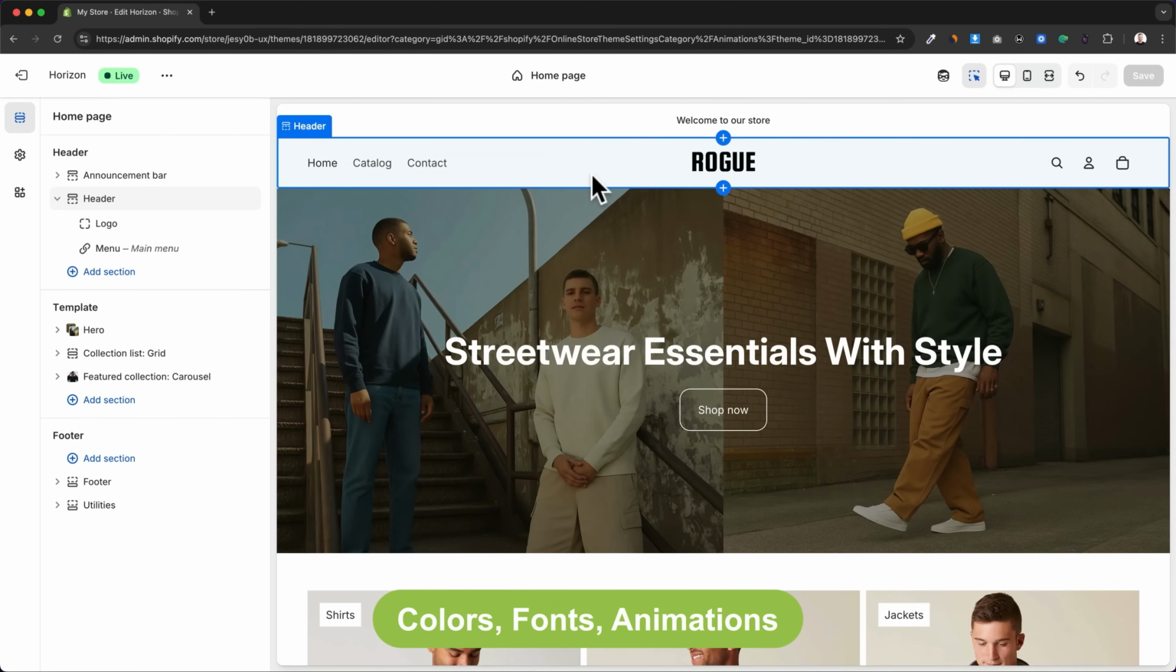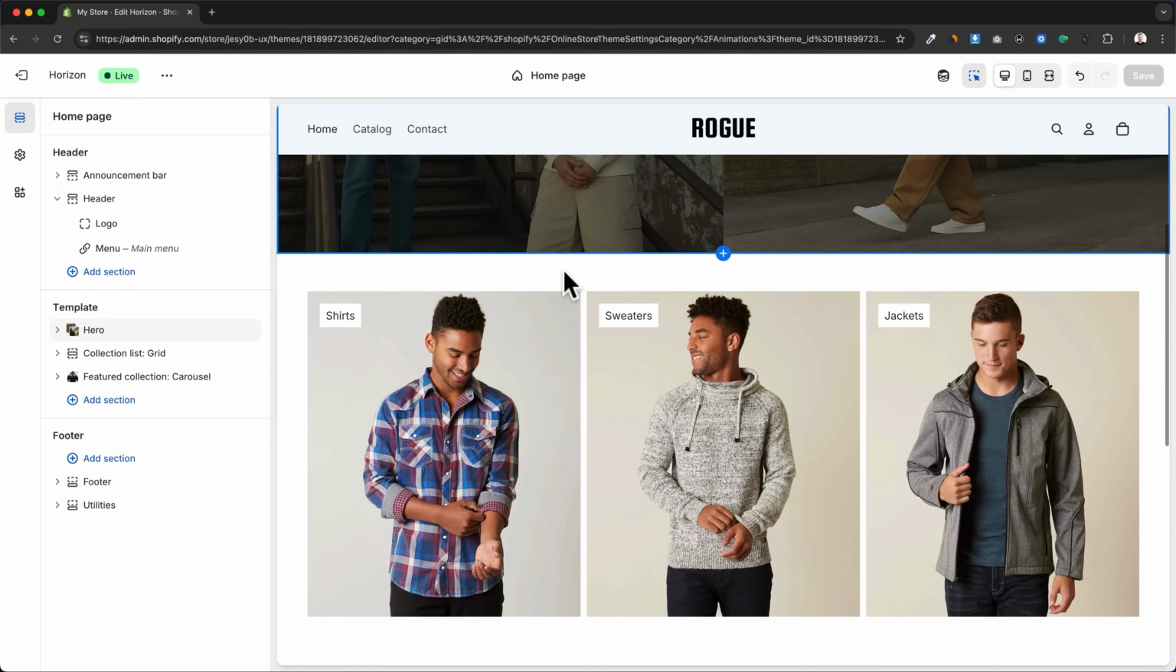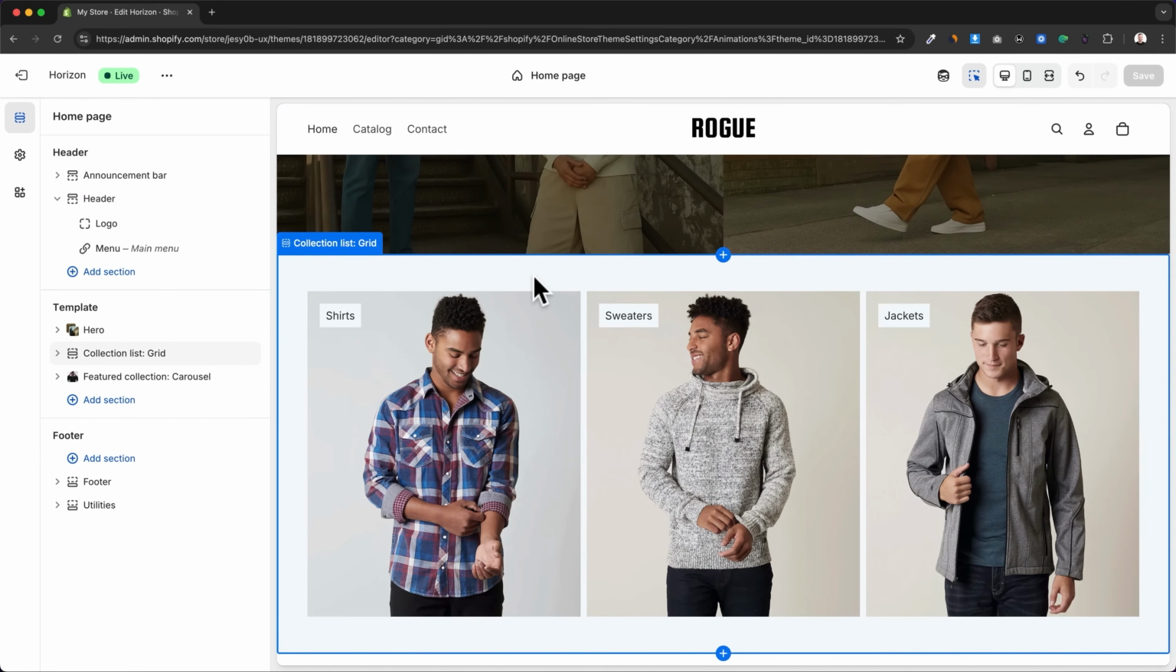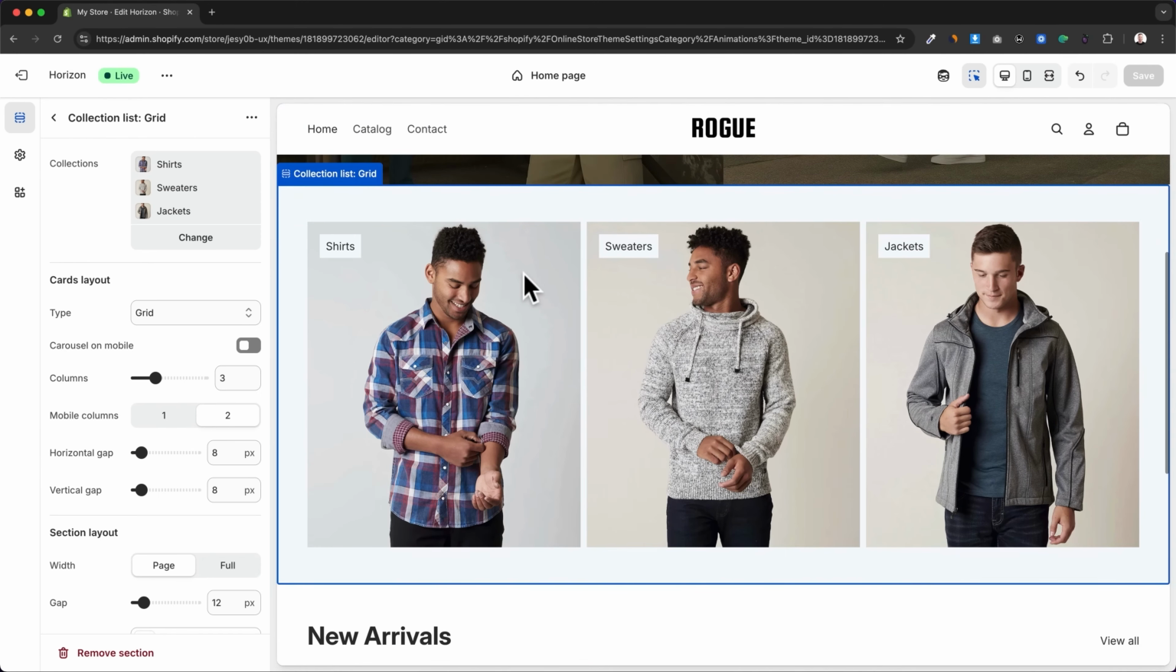And now let's take a look at how to change the colors on your store. And we can actually do that for each individual section. So let's say we want to change the colors for this section right here. What we can do is simply click into this section, and then on the left side here under options, we